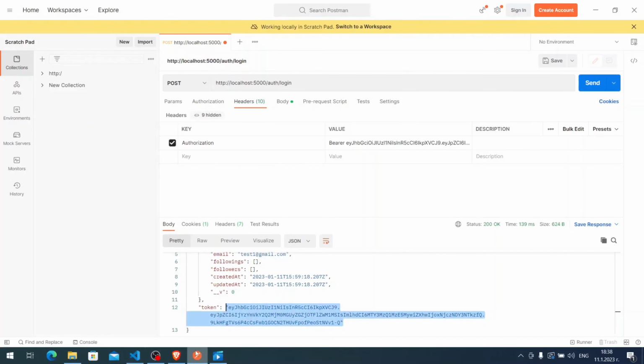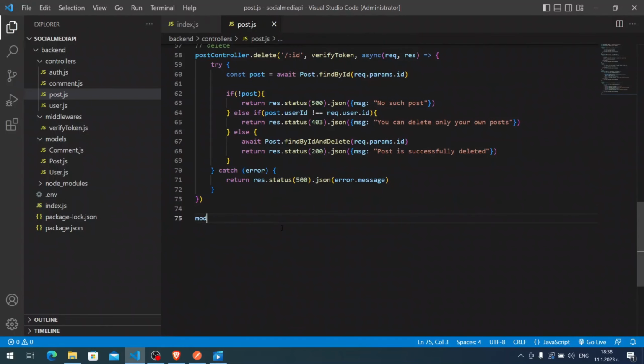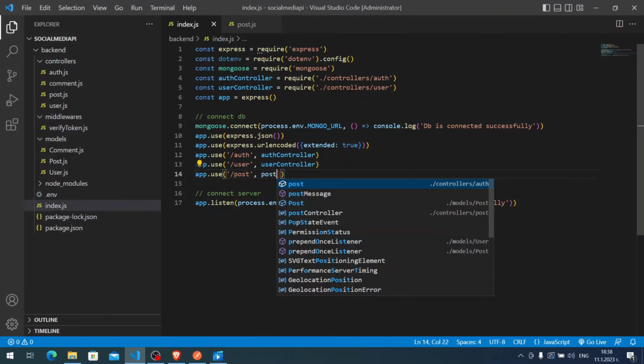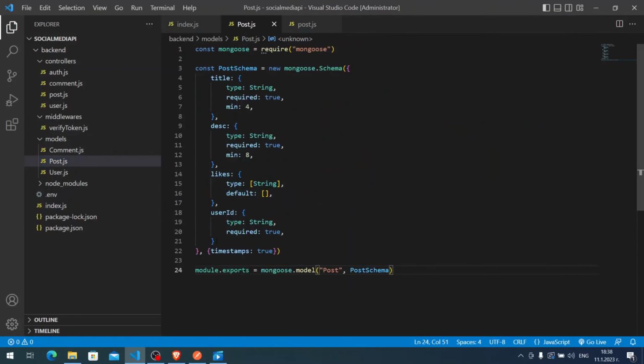So let's try to make a post. So here let's go to our Postman. So post, but I almost missed one thing. I forgot to export it. So module.exports postController, and let's import it. So postController like this, and I'm going to open here the module just for me to know what we have here. Okay,